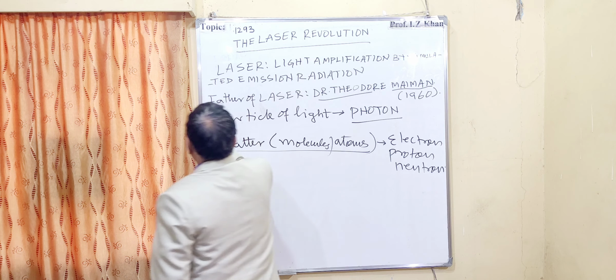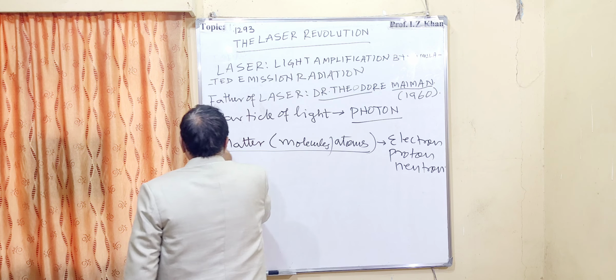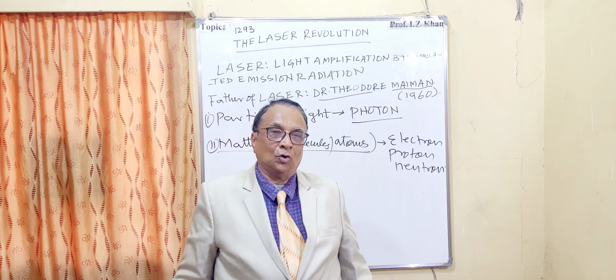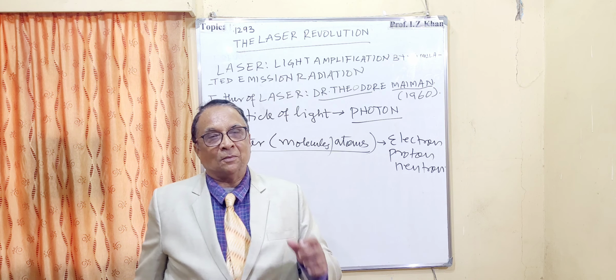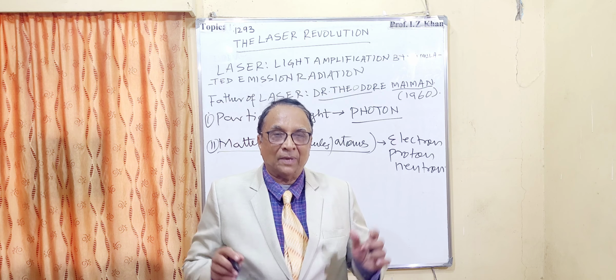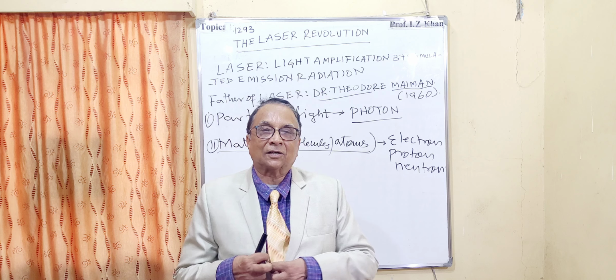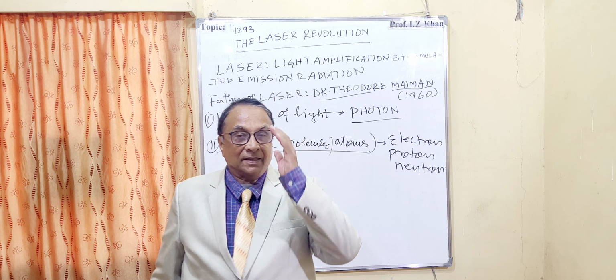So these two concepts came: that matter may have molecules, may have atoms, and all of these are made up of tiny particles, called electron, proton and neutron. The question comes: